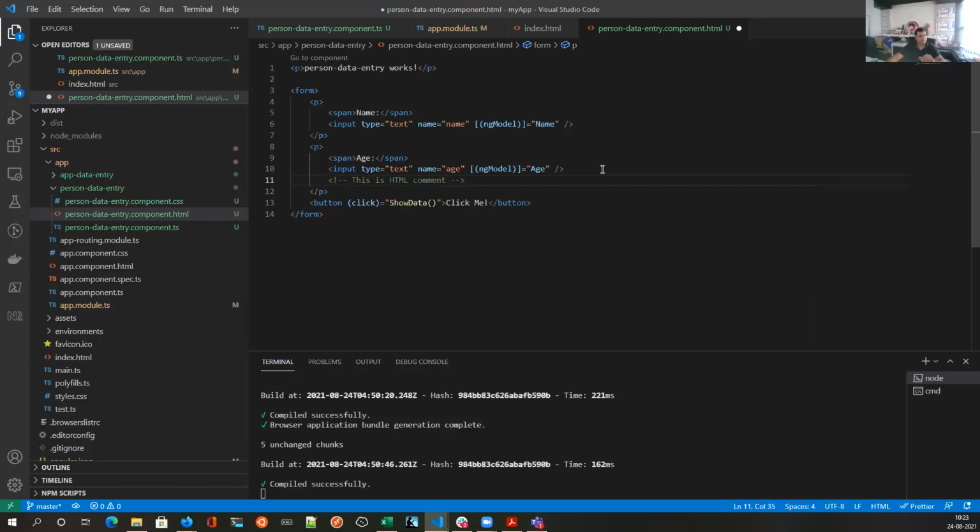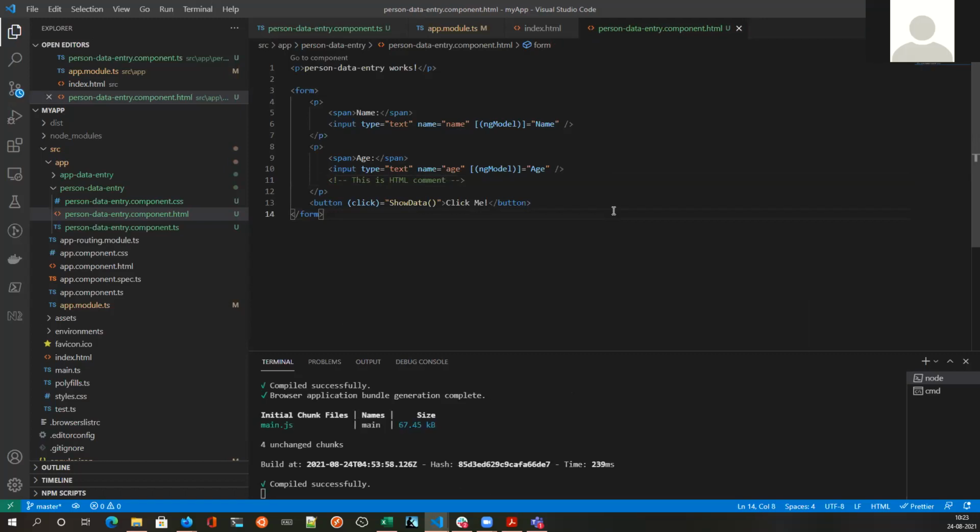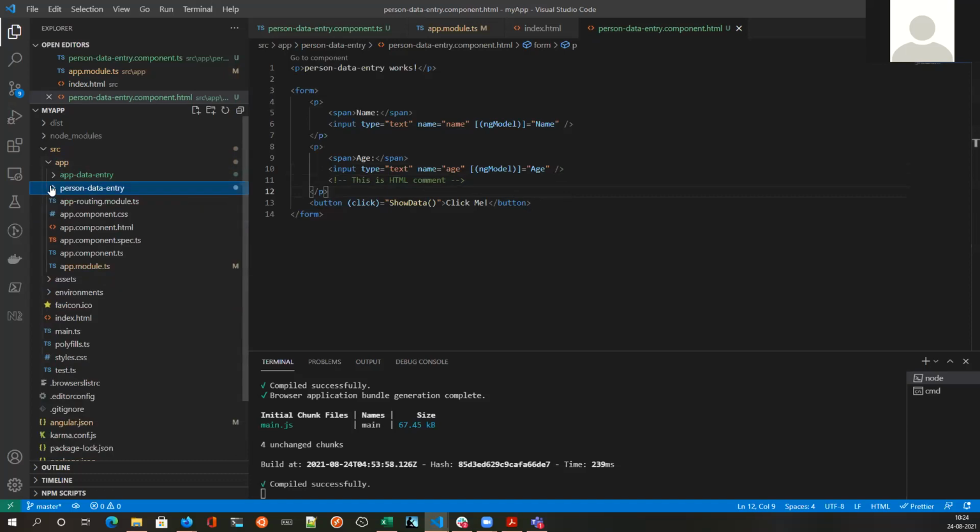Chintan, I'm getting an error at ngModel equal to age. It says can't bind to ngModel since it isn't a known property of input.